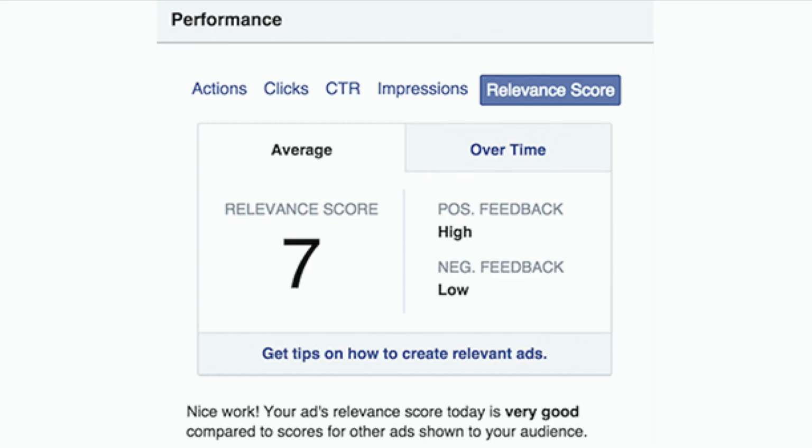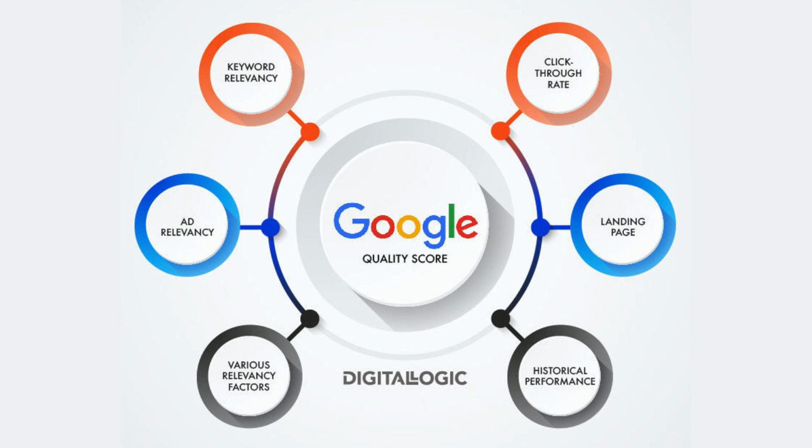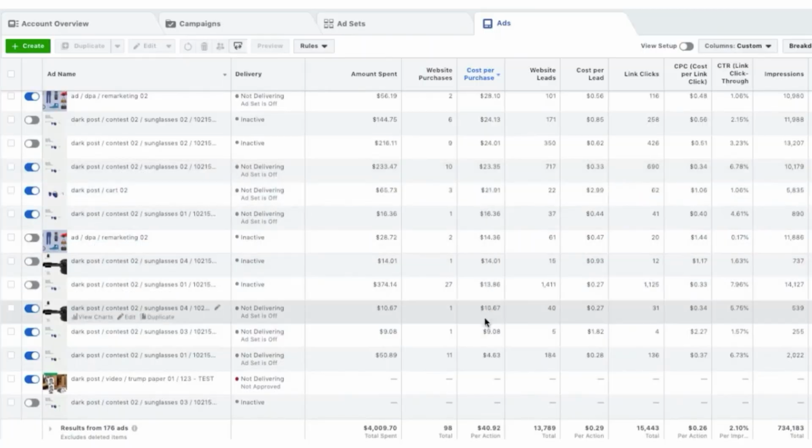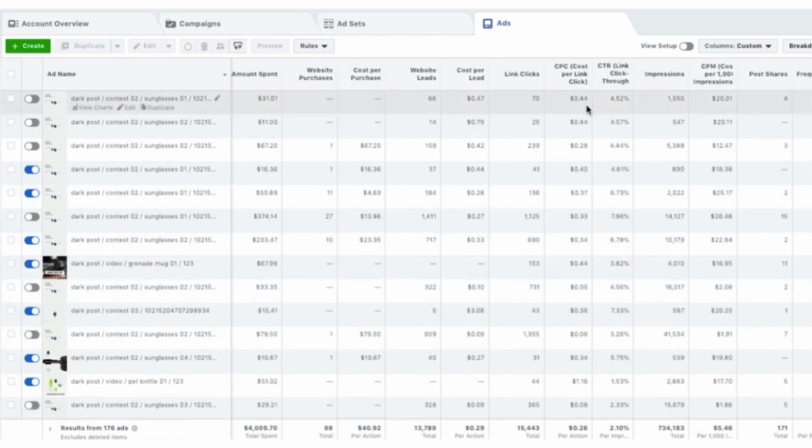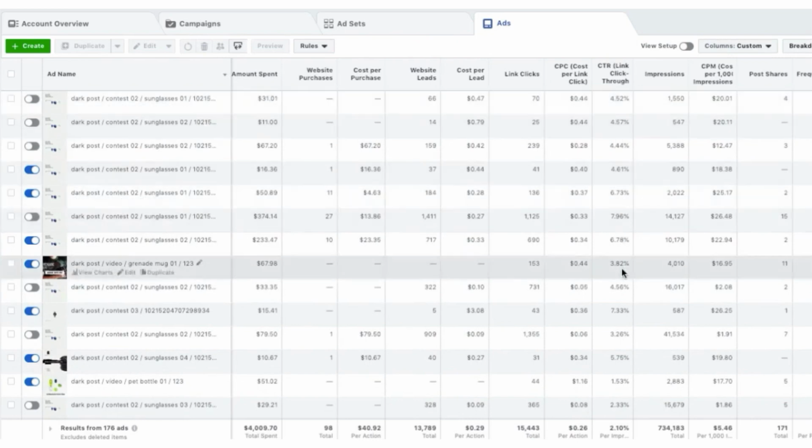For Facebook, it's called their relevancy score, and for Google, it's their quality score. But the philosophies are the same. These platforms compare, rate, and score advertisers based on the success of their advertisements so that you can always check out what is getting the best results within a given time frame and then adjust your creatives accordingly. Just head over to either platform's ad management systems and you'll find out your own scores and then be able